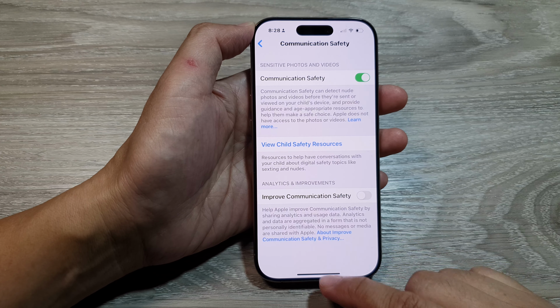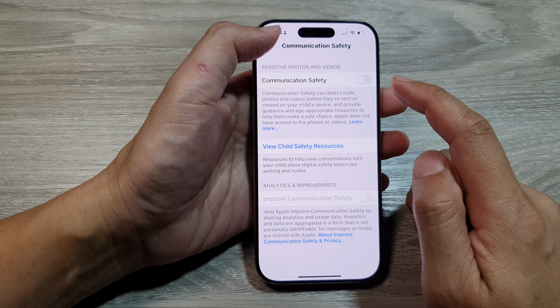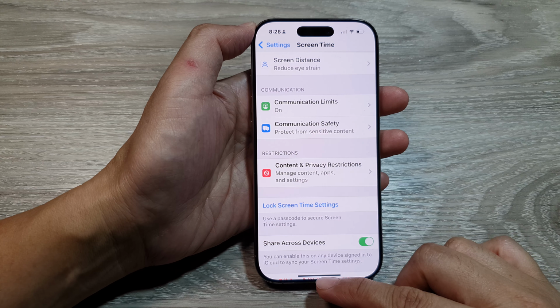And that's it. Finally, you can tap on the back key or swipe up to return back to the home